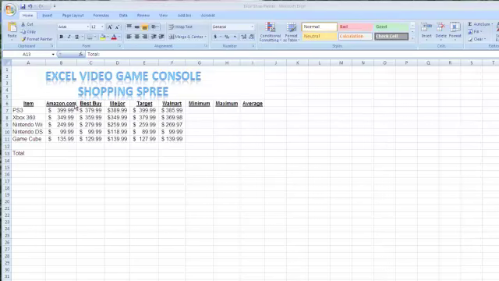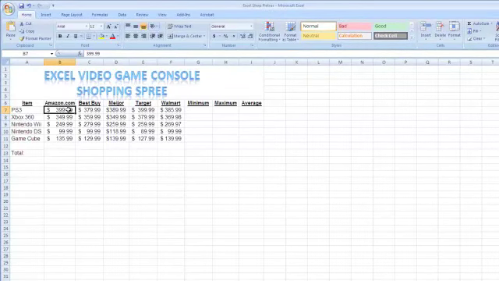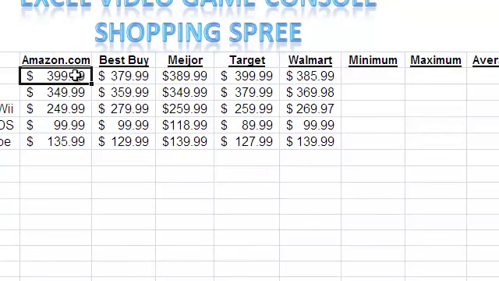And what we're going to be doing is using some different functions today. The first function we're going to use is the one that you're already familiar with, the sum function. So what we want to do is calculate the totals as if I were to buy all 5 items at each store. So after I have all my totals at each store,